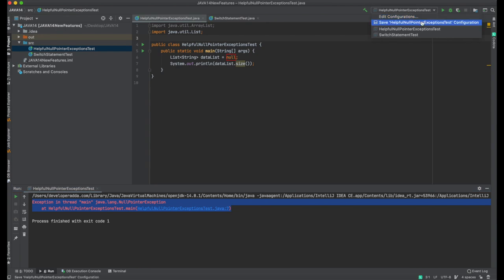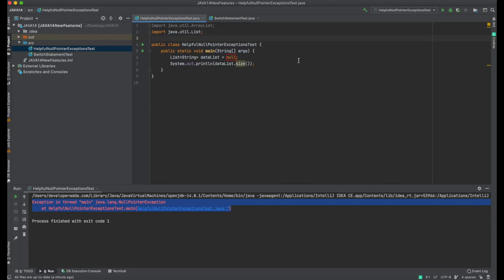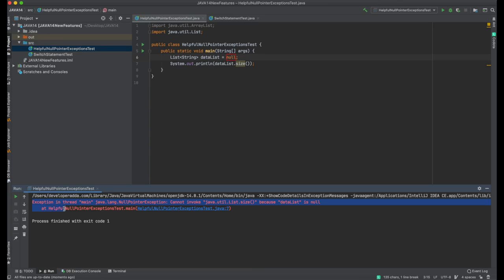For that we have to click on edit configuration, and in the VM options we have to give one argument, ShowCodeDetailsInExceptionMessages, and then click on OK. Let's rerun the application. It will throw a null pointer exception but with more details. It's showing a clear message: because your data list is null, you are getting the null pointer exception. So guys, this is about the helpful null pointer exception feature.